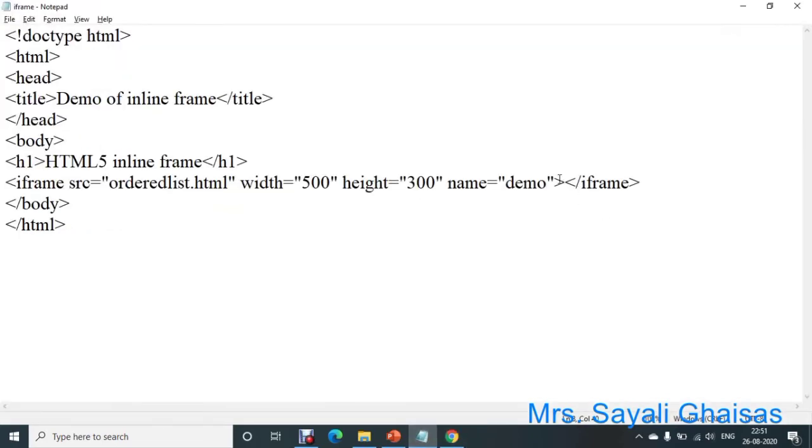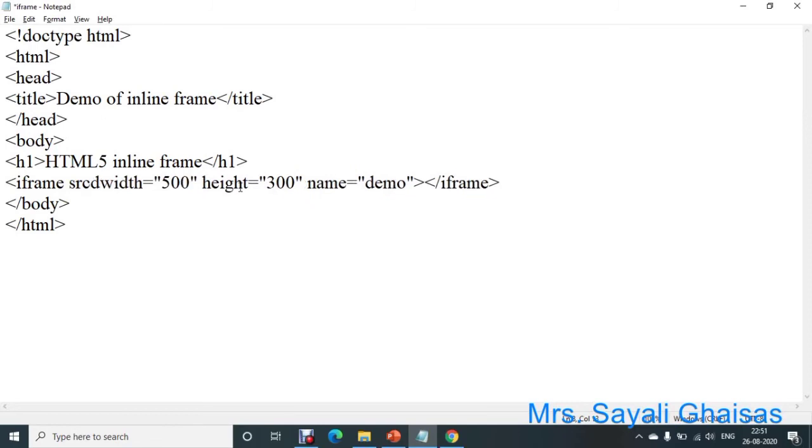The last attribute is the srcdoc attribute. Suppose we do not want to specify the path of this file, that is ordered list.html, then you can specify the content to display in an iframe with the help of the srcdoc attribute.